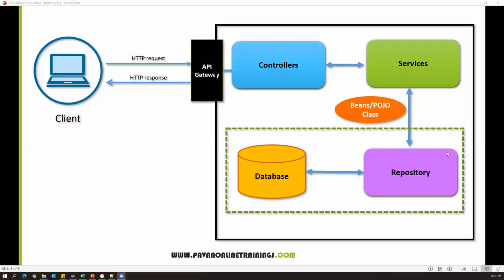A repository is basically a mapping between the database objects or data and Java objects. So in the repository, there will be the mappings between the database tables and data and the service. In the service class, we will specify all the fields, such as country name, country capital, country ID, and so on. The same data will be there in the database. So the repository is used for mapping between the database and the service. The service class also depends on the repository and the database. So the repository is basically a mediator class between the service and the actual components in the database.